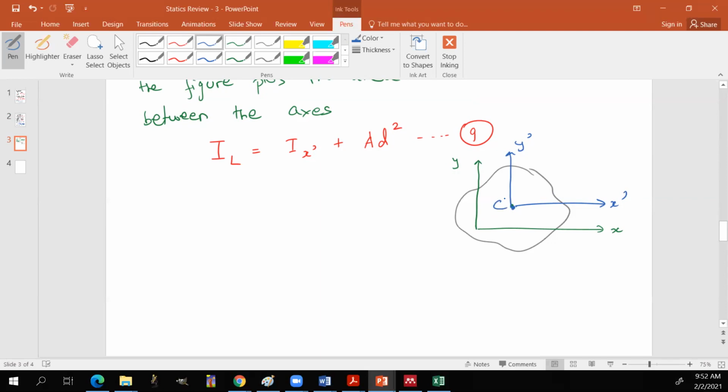And then what is the task at hand? The task at hand is to find the moment of inertia about some random axis, right? So let's say,